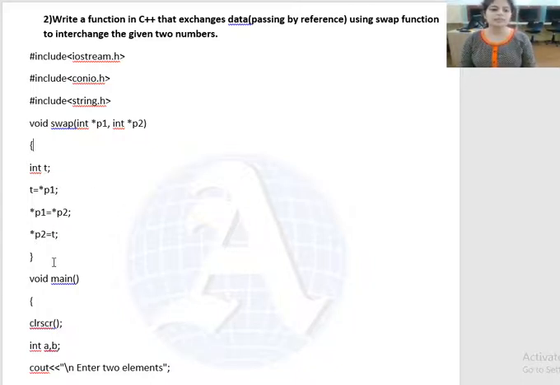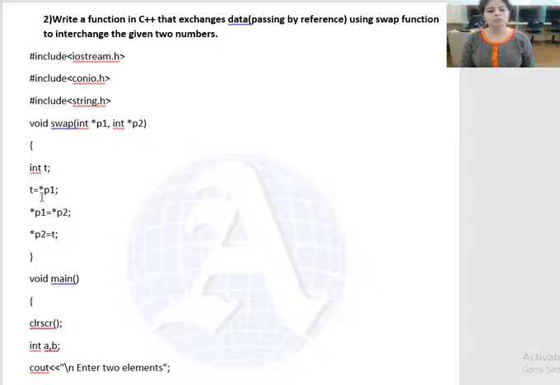So this is the function definition, and then the curly bracket closes. Students, till this statement we have defined the swap function. The name of the function is swap, and there are two variables in this function, pointer p1 and pointer p2, and the definition describes what the task of the function is.